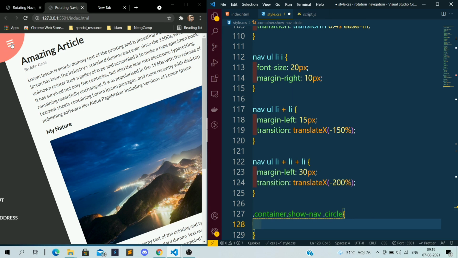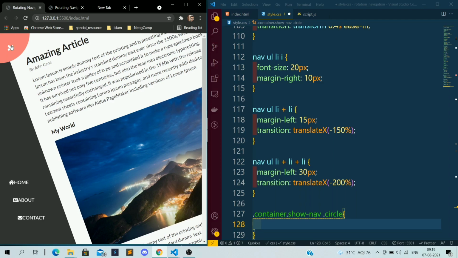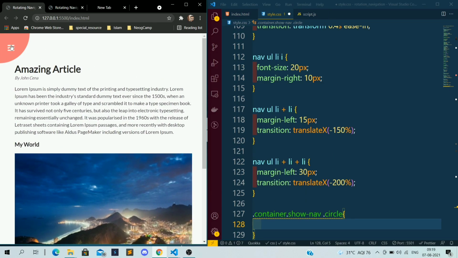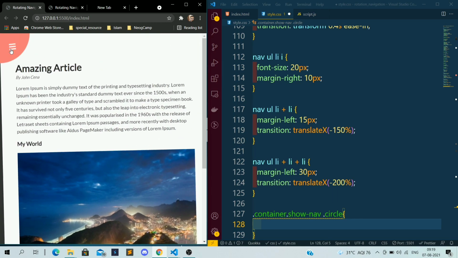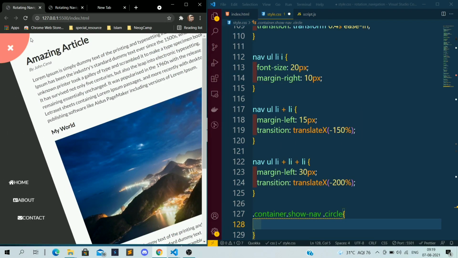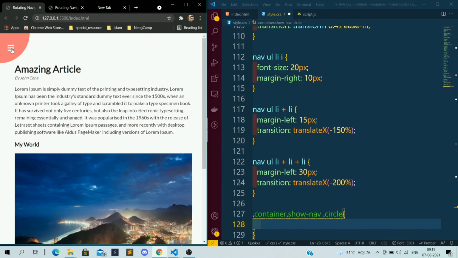Now what I want, if this show navbar is there, I want to rotate this circle also, correct? If you see the original project, when we click on this dash button, this navbar will show, as well as this circle div, inside which we have these two buttons. I want to rotate this also, correct? So as soon as you click on dash button, it should rotate in an anti-clockwise direction along with the navbar. Now if I click on cross button, it should rotate in a clockwise direction. So if this show navbar is on, I want to apply the CSS for the circle. Circle is a class on a div which contains these two buttons, cross and dash.